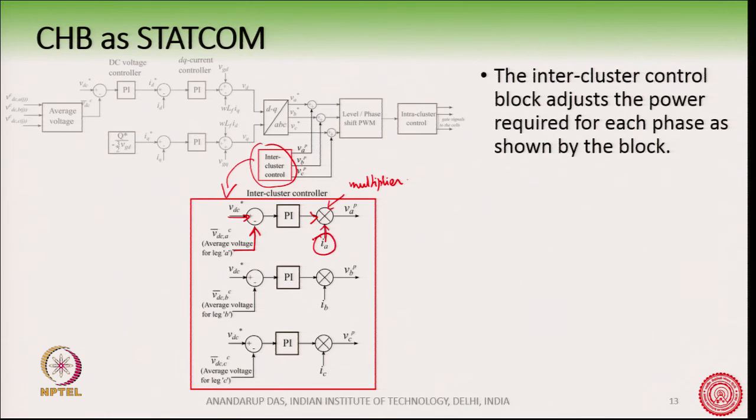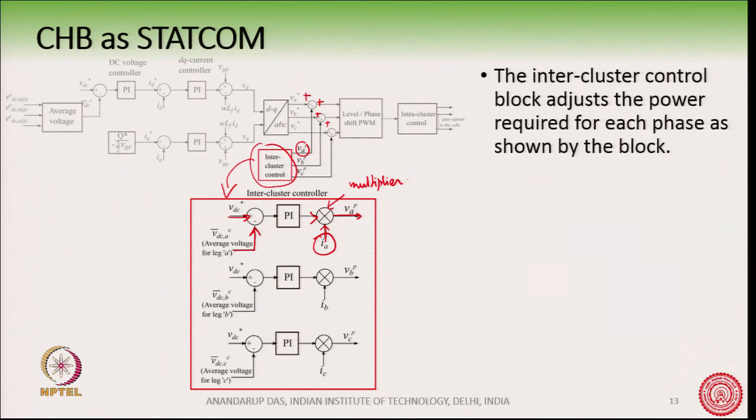the current, okay. Why is it multiplied with the current? Because we want to take an active component of the current, because this is proportional to the losses, okay. So, we take an active component of current and multiply it with this voltage, so that we get a little bit of active power reference, okay. This is the active power difference which we are adding here. Remember, we are adding this VAP. So, this is the fine adjustment, okay.